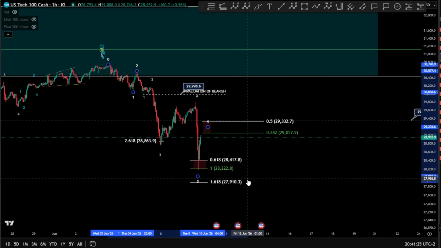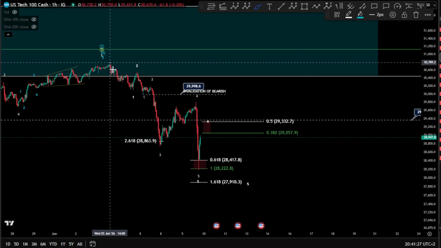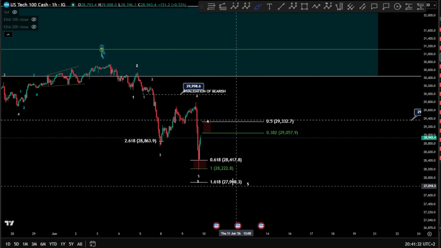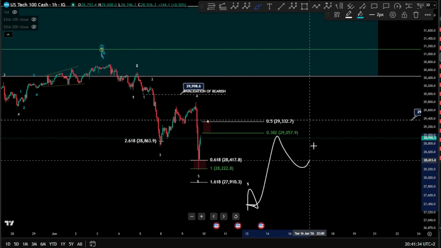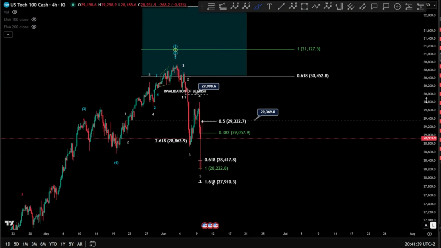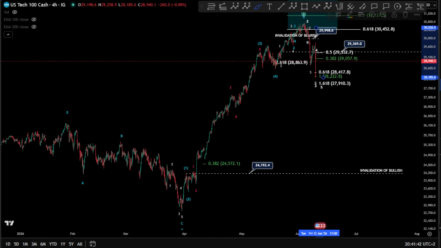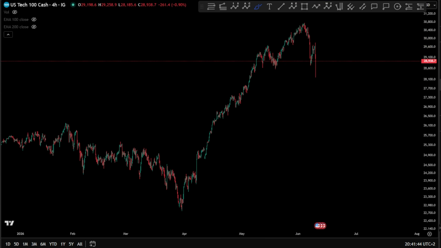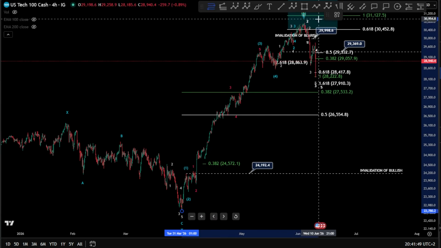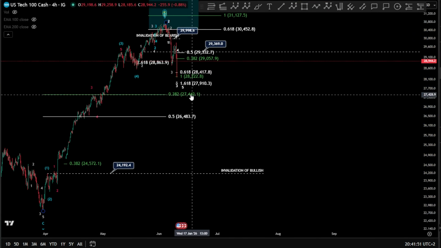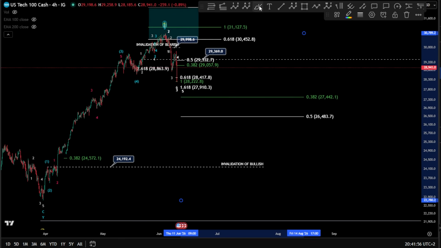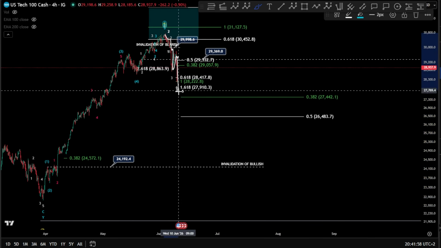So I'm still looking for one more low, guys. We're not finished yet with Nasdaq. 1, 2, 3, 4, 5 only for wave 3, and then 4 and a 5 might be unfolding for a wave A, B, and a C again, of course, to hit 24K. Why? Because if we take here our target for the daily, let me just put it there from a 1, 2 there. Here we go. 24K can be very likely